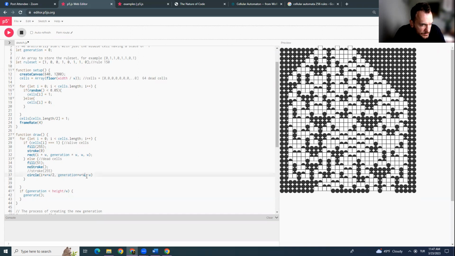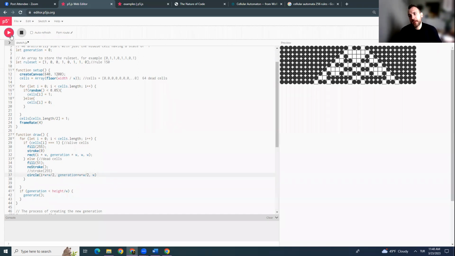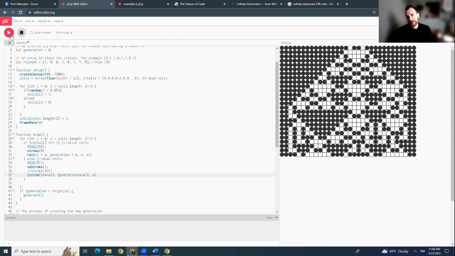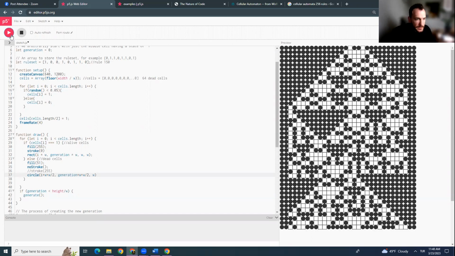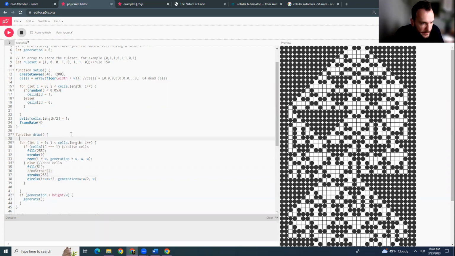I guess, oh, this has to be W over 2, sorry. Yeah, so now they're packed. So dead cells are circles, alive cells are rectangles. And we can also do a white stroke around here, and then inside of draw, well, if we do a